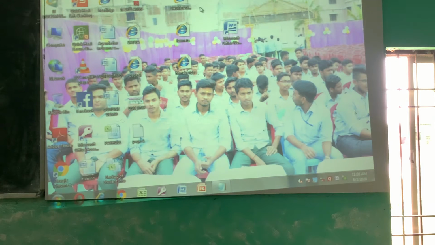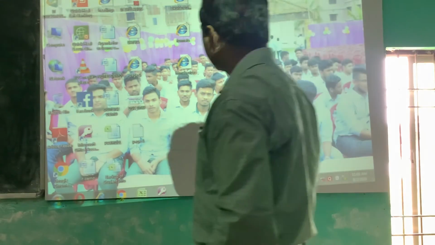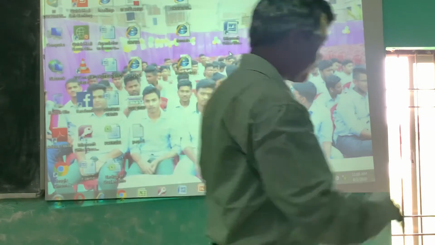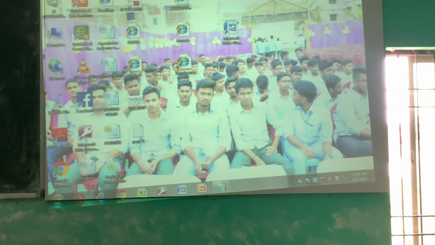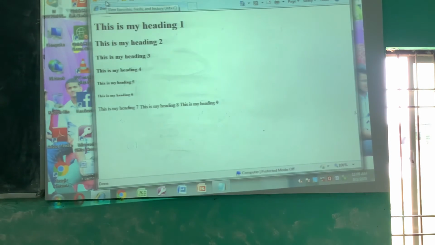What is there? Headings. See there. So open it. The headings work properly from heading 1 to heading 2, 3, 4, 5 and 6.